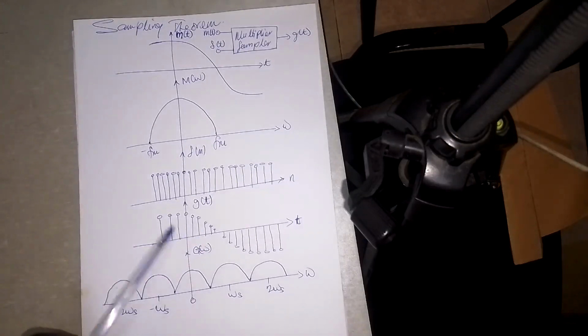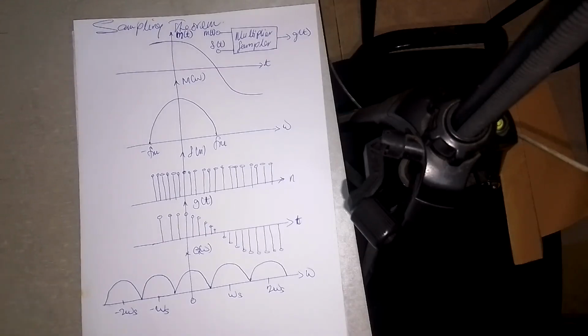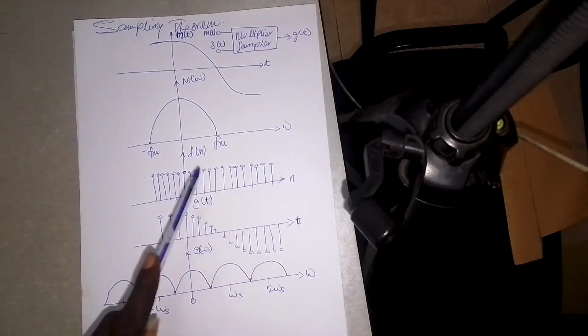Okay, then it will give me g of t, which is my sampled signal. Okay, then I will find this spectrum, which is used for reconstruction of my original message signal. Okay, so basically this is how it is done. Okay, to go into much more technicality, it will be that before I use my impulse train signal, I must